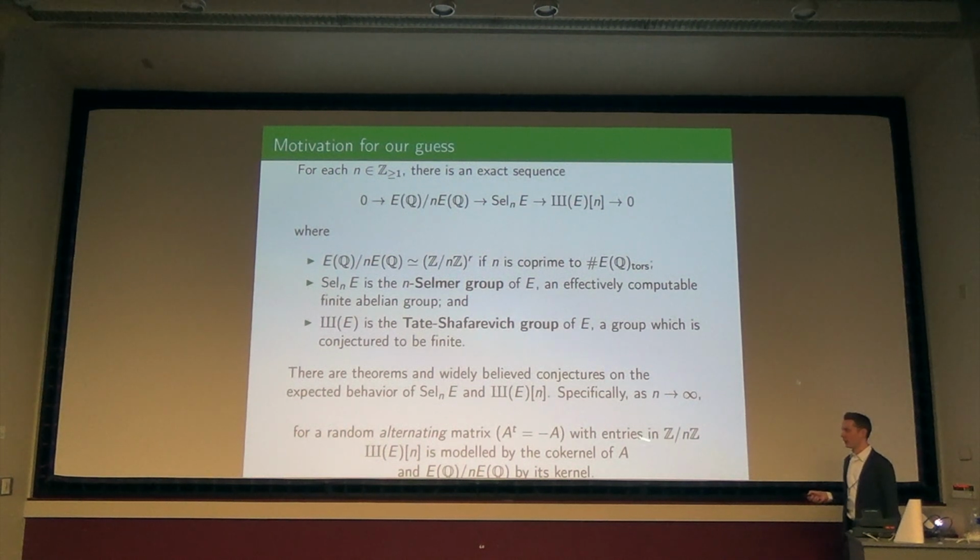Okay, so you guys can absorb this and remember a little bit. If I wanted to get the rank here on the nose, boy, I wish I could get rid of this n. Here I have to take a matrix with entries in Z mod NZ, where there are theorems and conjectures about SHA and so on. So why don't I just replace Z mod NZ with Z? Then I would take the kernel of an alternating matrix with entries in Z, and if this is supposed to be true, or believed, or has some context in which it's not a totally crazy thing to do, that's where our heuristic comes from.